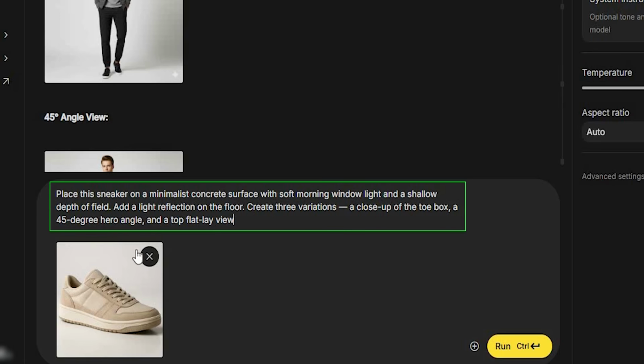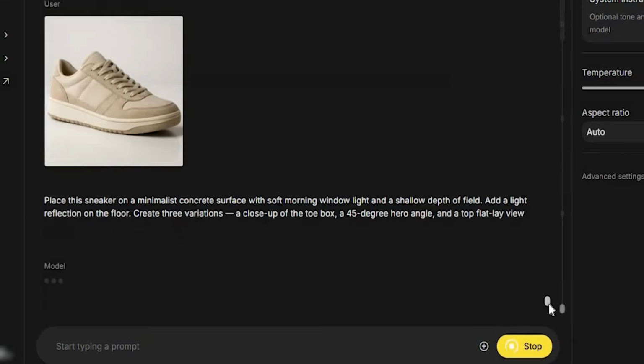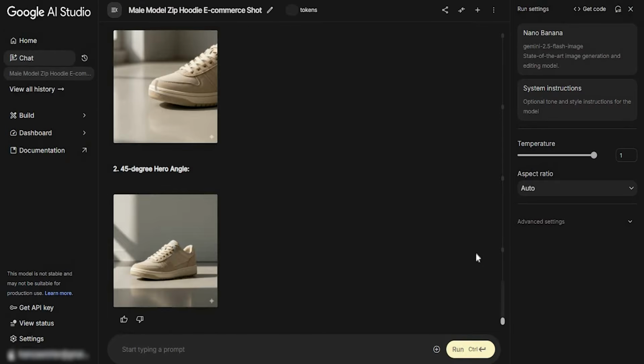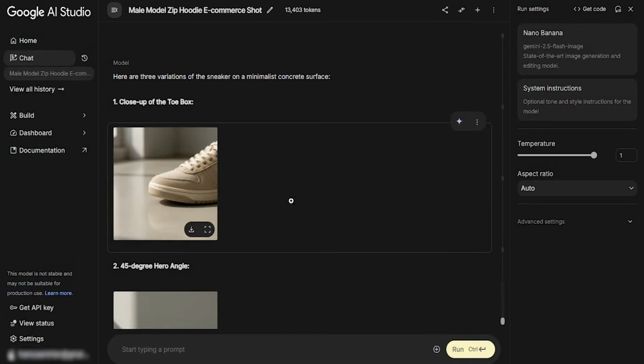Place this sneaker on a minimalist concrete surface with soft morning window light and a shallow depth of field. Add a light reflection on the floor. Create 3 variations, a close-up of the toe box, a 45-degree hero angle, and a top flat lay view. Then I'll hit run. In a few seconds, it transforms the plain product shot into professional, lifestyle-ready images, the kind